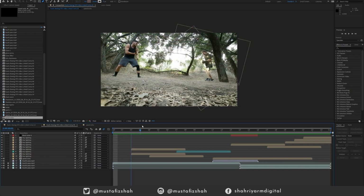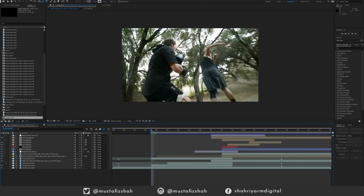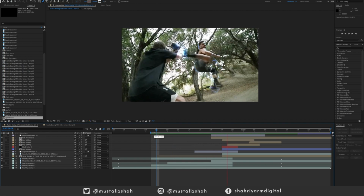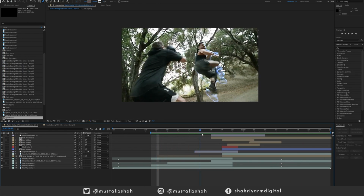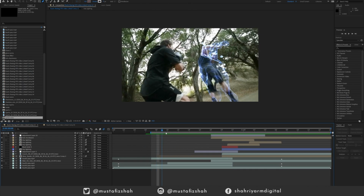To tie it off, we added in a little pan to tie the scene together and keep continuity. Now, on to the next scene. We have here Rustic doing a really cool bicycle kick, and this one was basically to make it easier on me. I used a similar principle where we actually cut out Rustic, but I did not use a freeze frame of